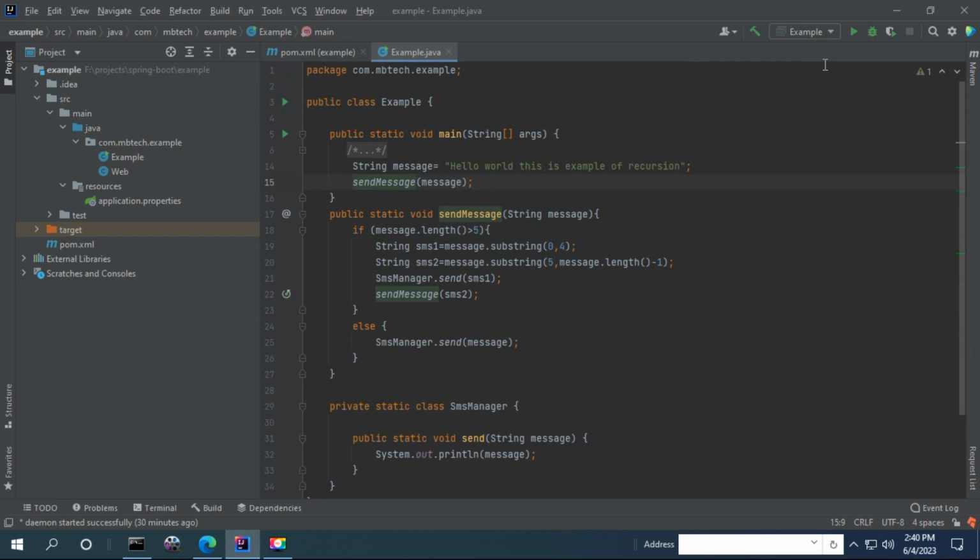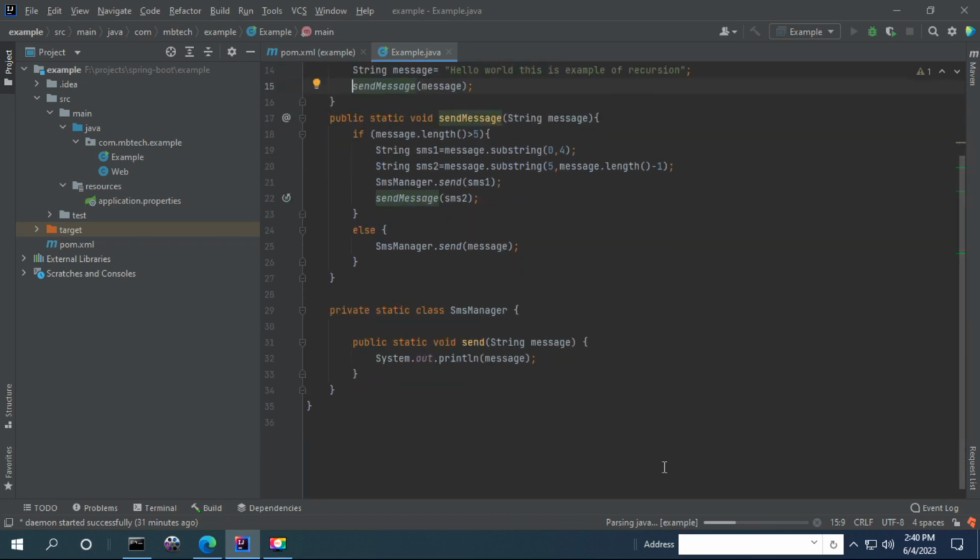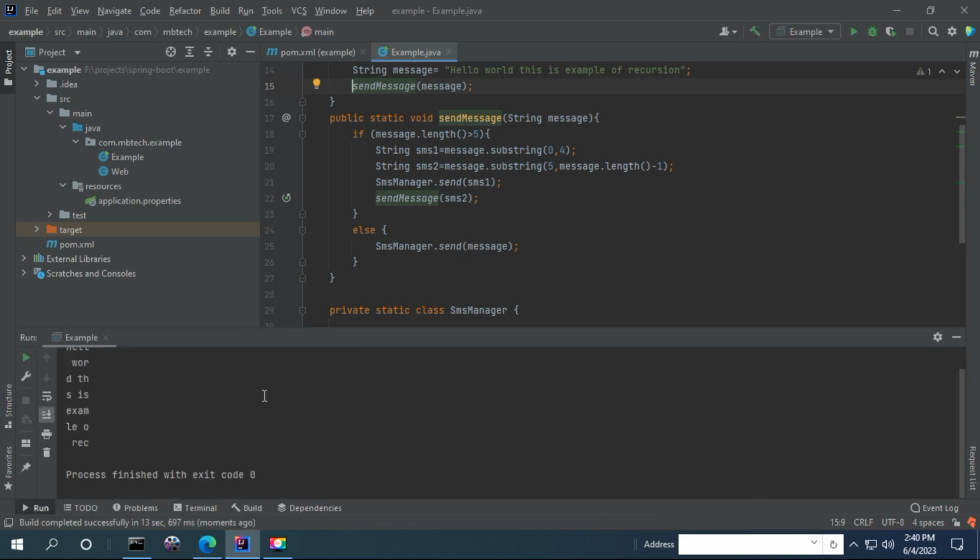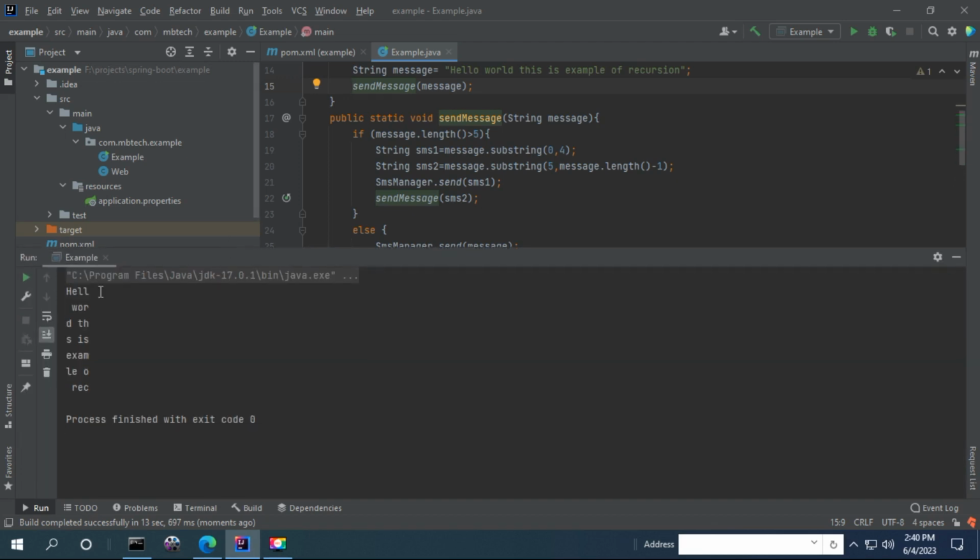Now when I try to run my project, we are going to see what is printed. Then the message will be printed in 4 characters. The first message is from index 0 to 4, and so on. You can see the first one has been printed as 4 characters, then a new line, and then